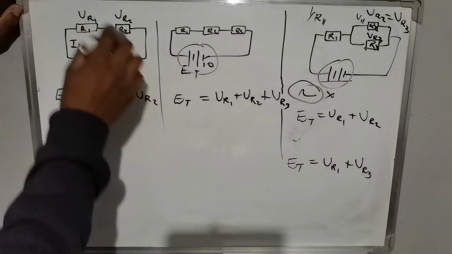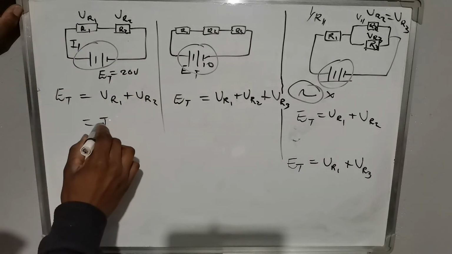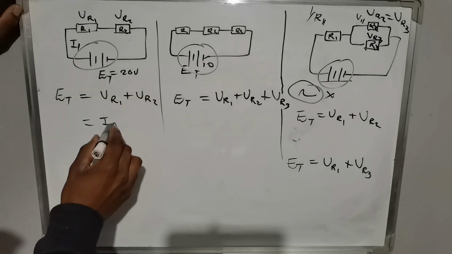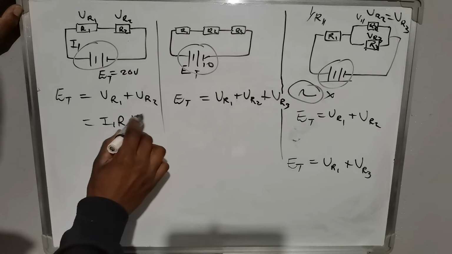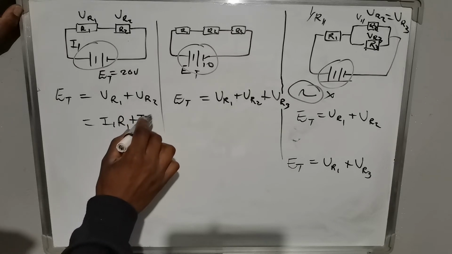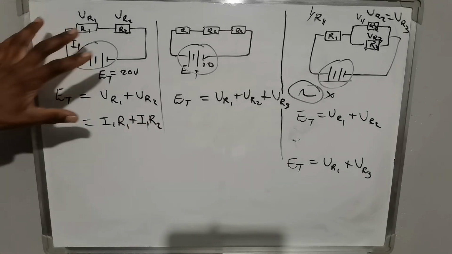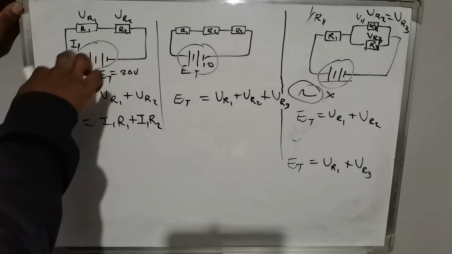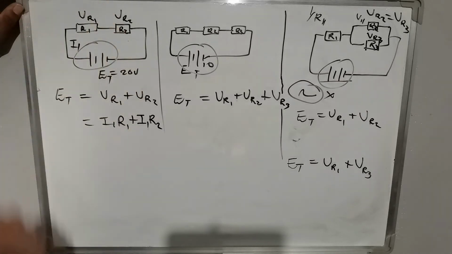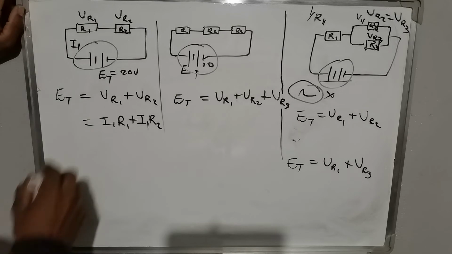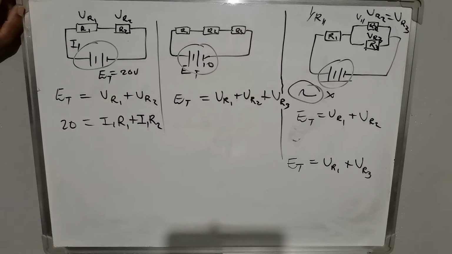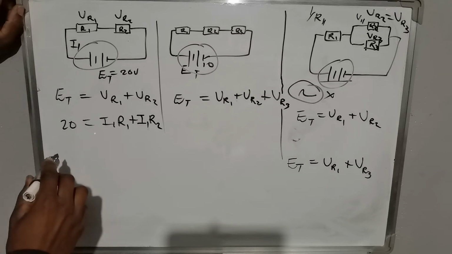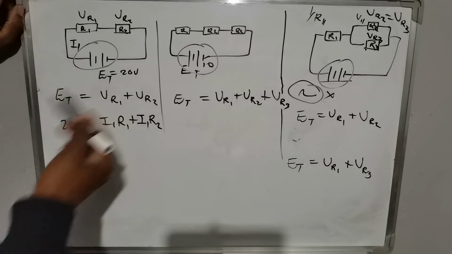We know that since this is a series, we will have I1 multiplied by R1, I1 multiplied by R2. In a series circuit, what we know is the current is the same, but the voltage is not the same. So we would replace this by 20. So on this circuit,